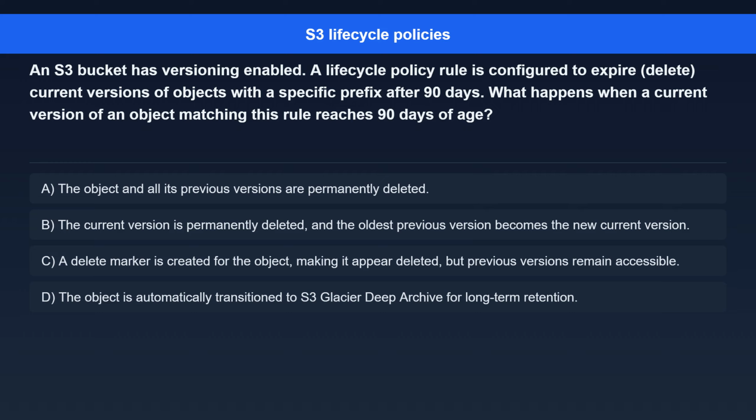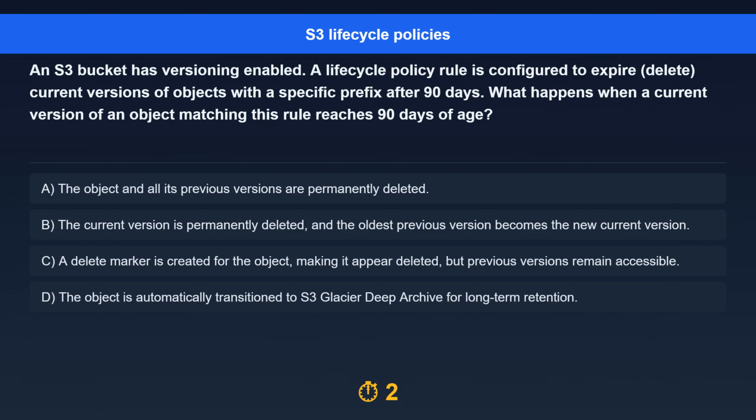Option B. The current version is permanently deleted, and the oldest previous version becomes the new current version. Option C. A delete marker is created for the object, making it appear deleted, but previous versions remain accessible. Option D. The object is automatically transitioned to S3 Glacier Deep Archive for long-term retention.